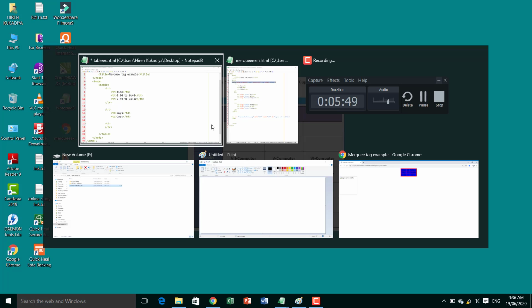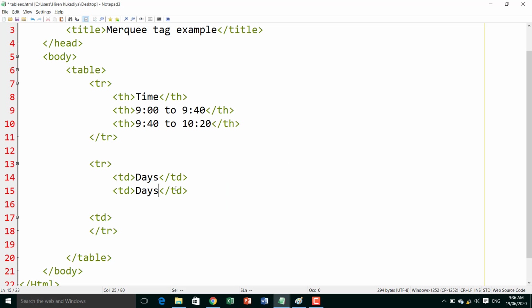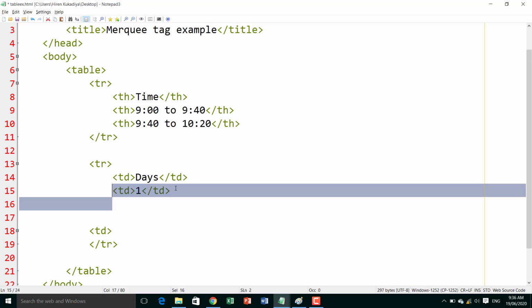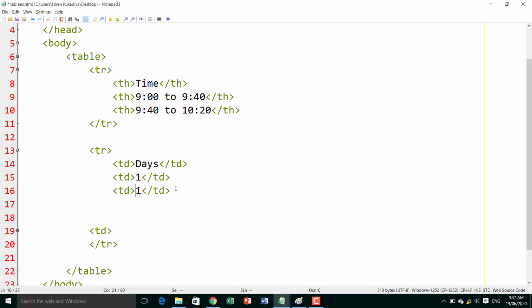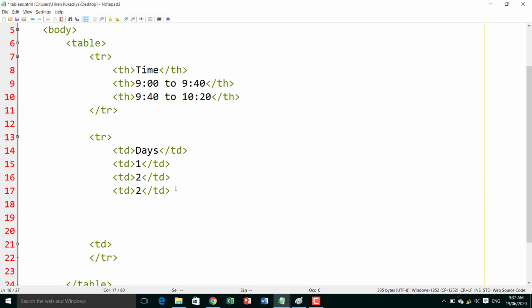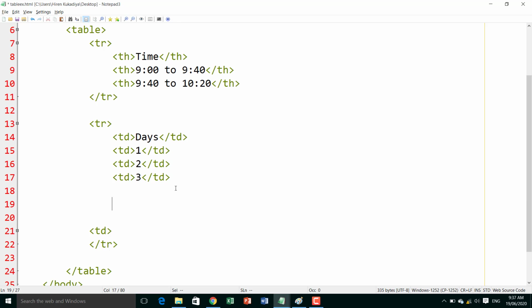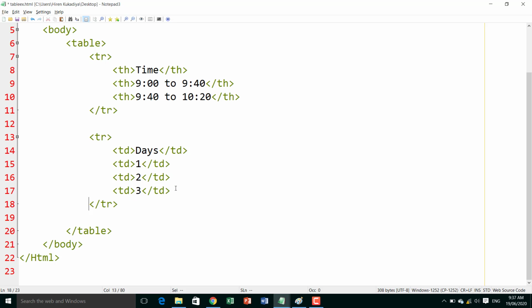But we are not taking a blank here. We give some data, like, suppose Monday, subject standard, suppose first. Here we are entering the data first. We need some random data, there is no meaningful data, so you can keep any data right now. So the one is over, table data. There is no need for table data here, and this is the table row. So the second is over.